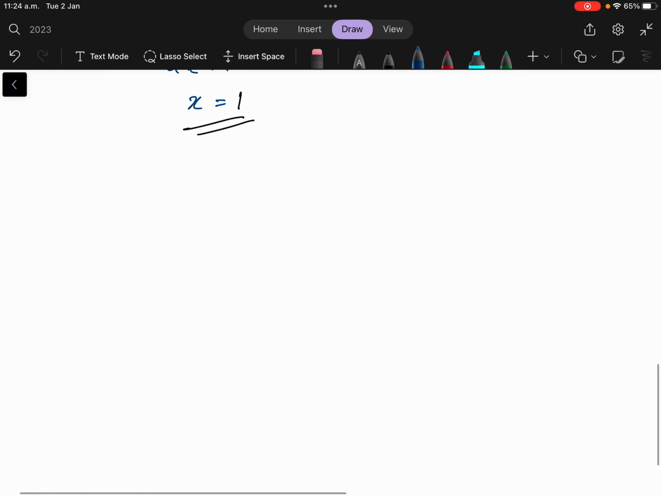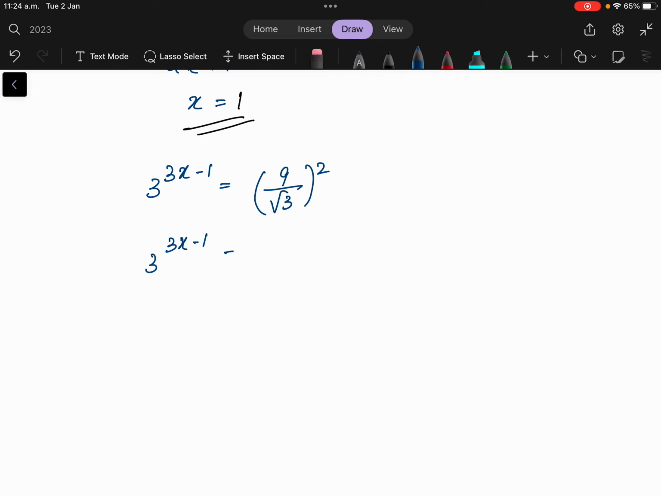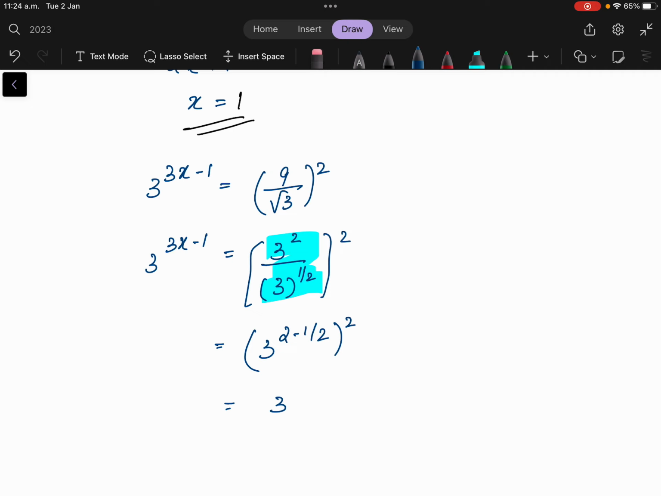Again, same things, just to go into a bit of detail on this. So 3 to the power of 3x minus 1 is equal to 9 over root 3, to the power of 2. So 9 can be written as 3 squared, over root 3 can be written as 3 to the power of 1 over 2, to the power of 2. And as we know, you have to simplify the brackets first, BODMAS rule. So it is like 3 to the power of 2 minus 1 over 2, to the power of 2, which is equal to 3 to the power of 2 into 2, 4, 4 minus 1, 3 over 2, to the power of 2,